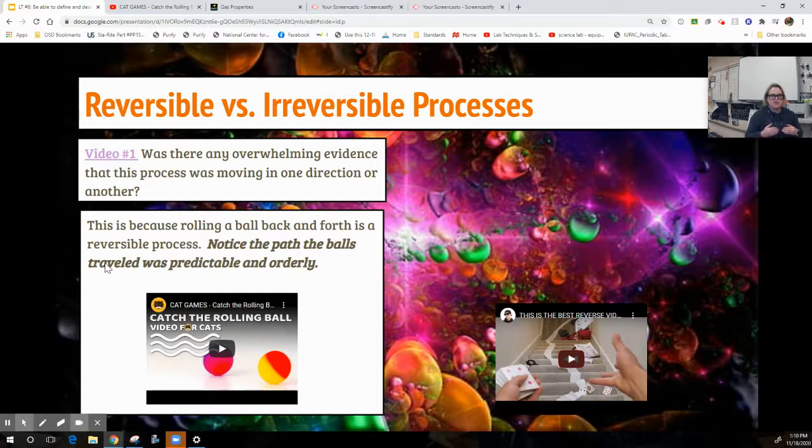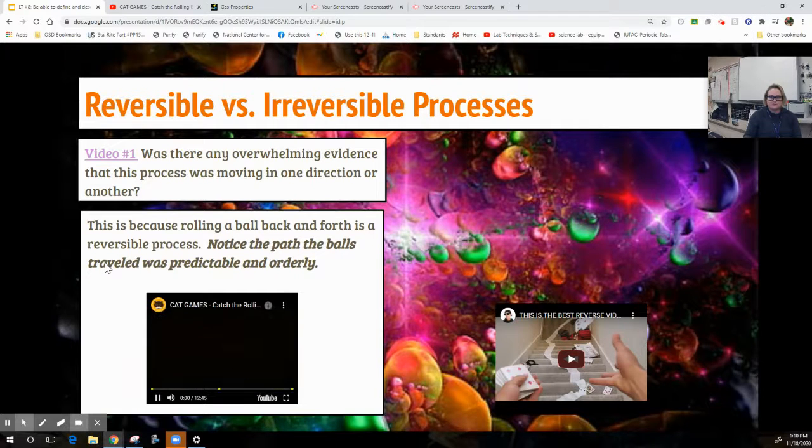The path the ball traveled was very predictable and orderly. The amount of chaos before you rolled from left to right will be almost the same amount of chaos as you rolled the ball from right to left. Can't tell much difference in the amount of energy there. However, with the second video,